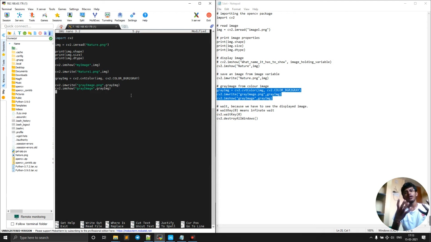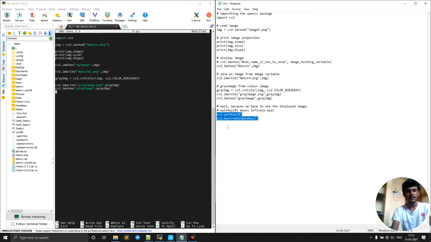So in order to hold it until we press some key, so it displays like one image, here we have cv2.waitKey(0). That means it will wait infinitely until we press a button. Then when we press the button, it will destroy all the windows.